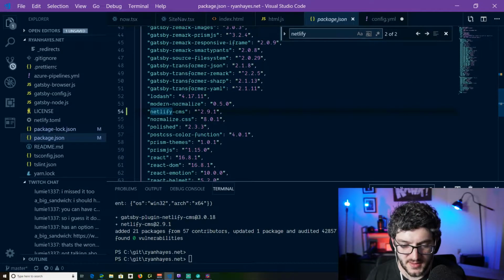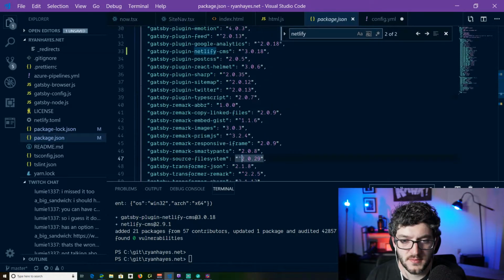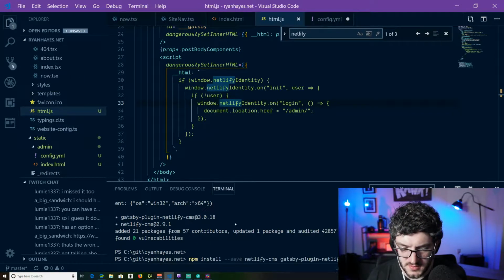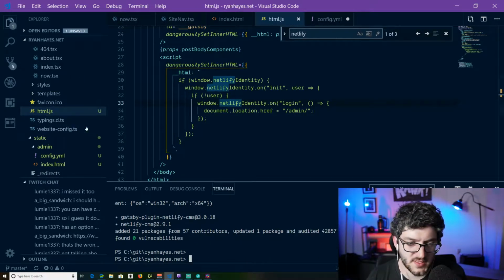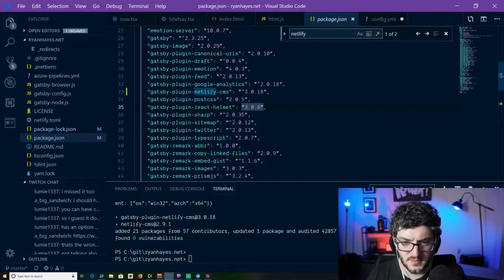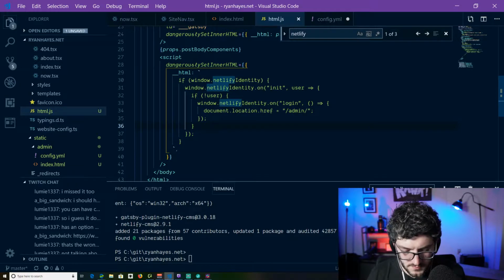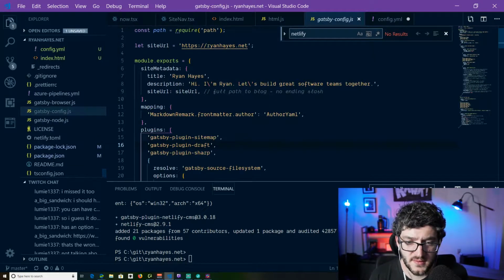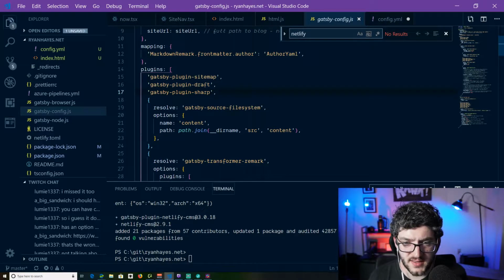All right, so let's see here. Now we've got, yeah, so that should have installed Gatsby plugin Netlify CMS 3.0.18. Okay, so we're good there. Gatsby config. So let's add in our